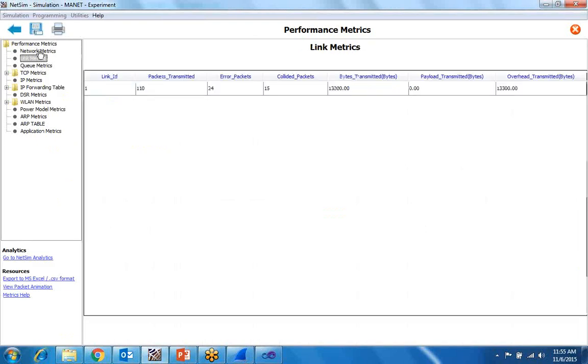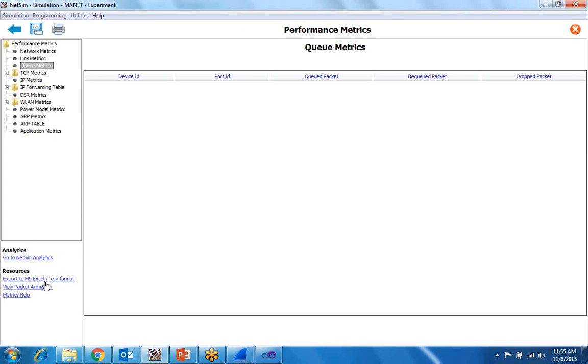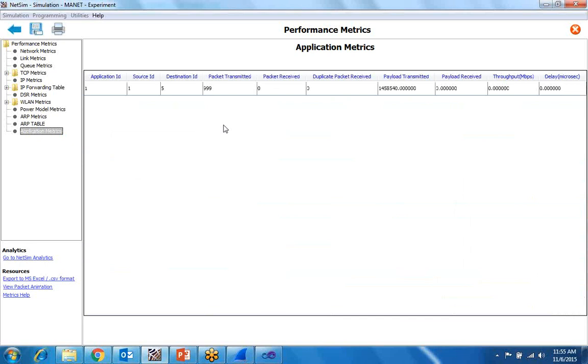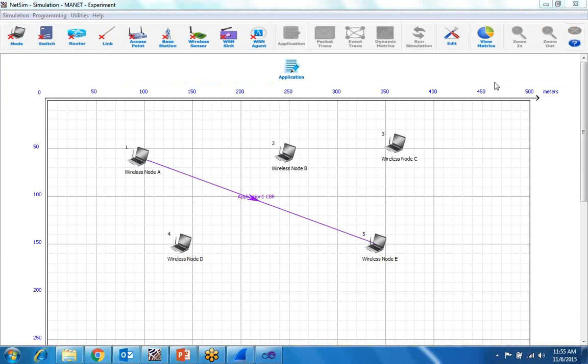You can have the network metrics, link metrics, queue metrics, and all the details are available. In application metrics, you will have the throughput. Throughput is 0 now. So this is the basic workflow of the software, how we can design and simulate our network. And if you have any query, you can ask me or email me.